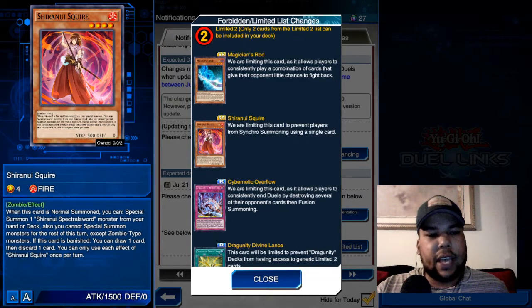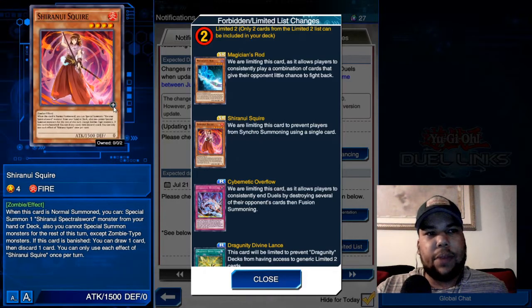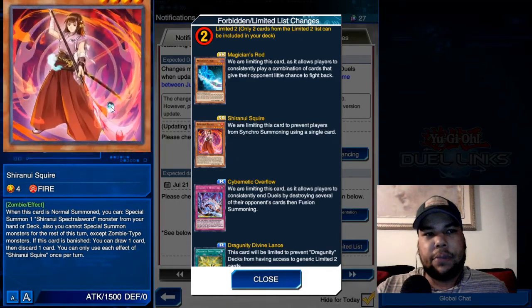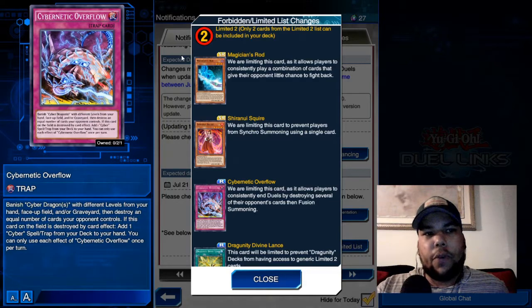You still have other cards that do stuff, like you still have other cards that can summon from the hand or graveyard. So it's not a huge nerf, like some players play with just 2 anyway, so not a big deal. Cybernetic Overflow got nerfed to 2, which I'm happy about personally, because like I said in the beginning,